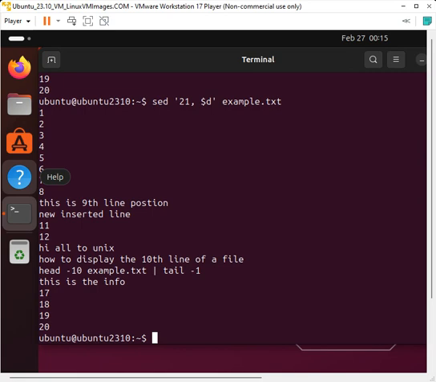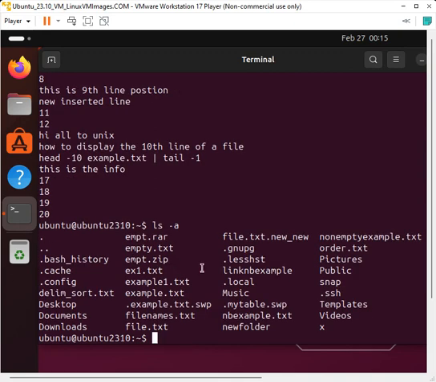Okay, I want to get hidden files. So we can go with the hidden files, ls hyphen a. ls hyphen a gives the hidden files. So in the current directory, we can go ls hyphen a, the pipe symbol, grep,